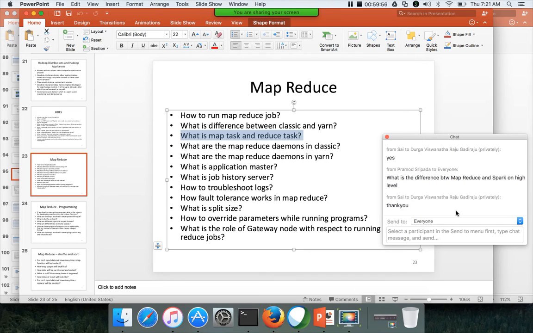So there are two things in MapReduce. There is a concept and there is a framework. Concept wise, even in Spark they use MapReduce concepts, using Spark APIs. In MapReduce also you have MapReduce APIs which implement those MapReduce concepts. When it comes to framework, MapReduce